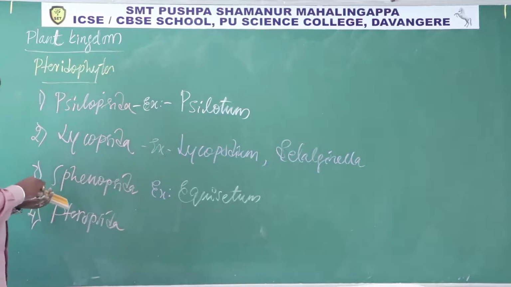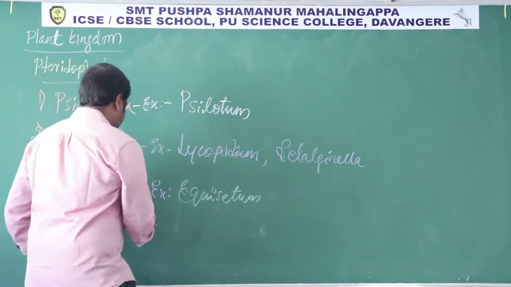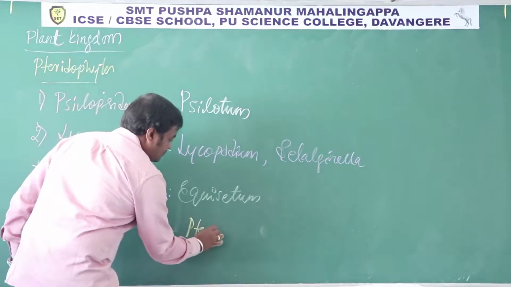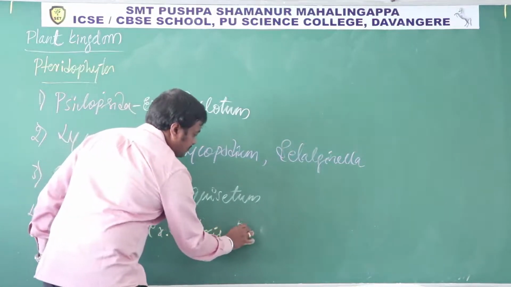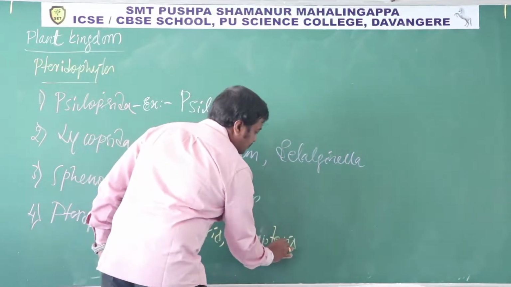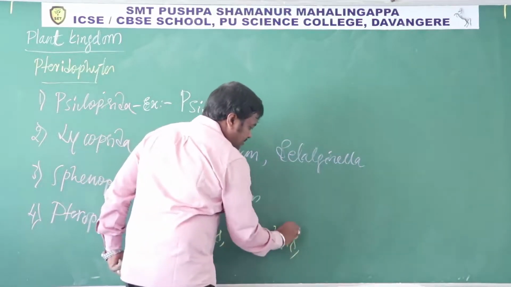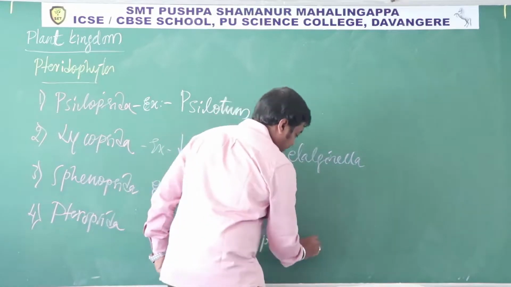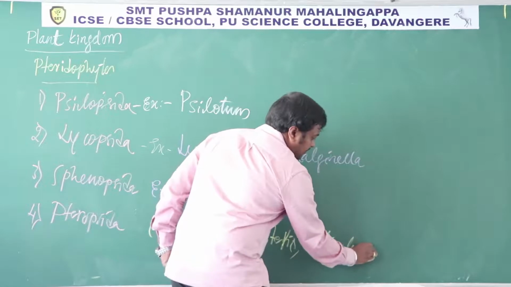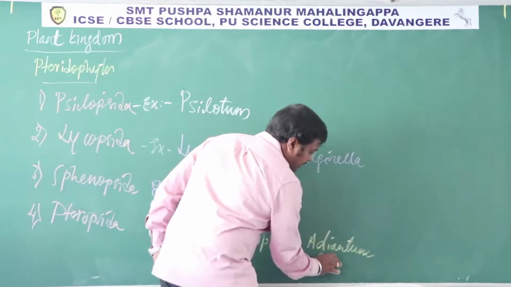Then for Pteropsida, Pteris, Bryopteris, then Adiantum. This Adiantum is called as